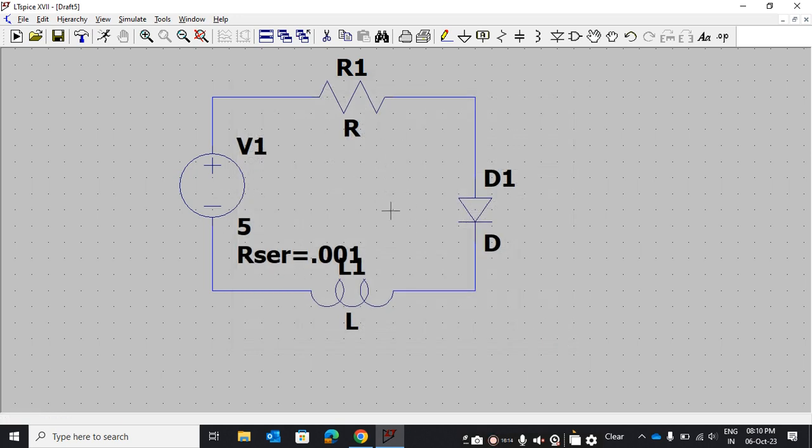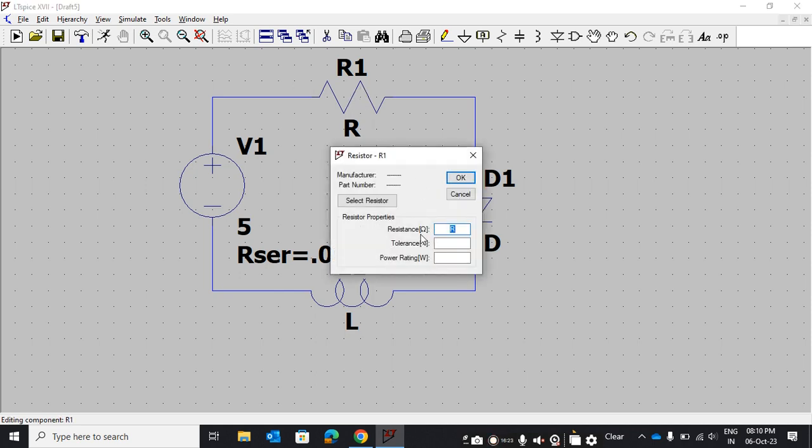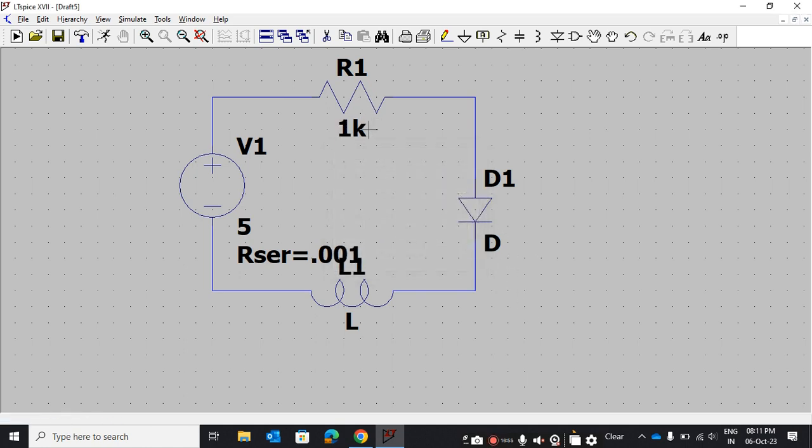Now we set the value of the component. So how to set the value of a component? Bring the cursor on the component and right click. So you will get this here. You can put the resistance value 1k, 10k, 100k, 1 ohm, 10 ohm, whatever you want. Tolerance you can put 1, and wattage you can put 0.25, whatever you want. It is mandatory if you design a high current circuit, but for a simple circuit I just put 1/4 watt. Okay, so like this you will get the value here.